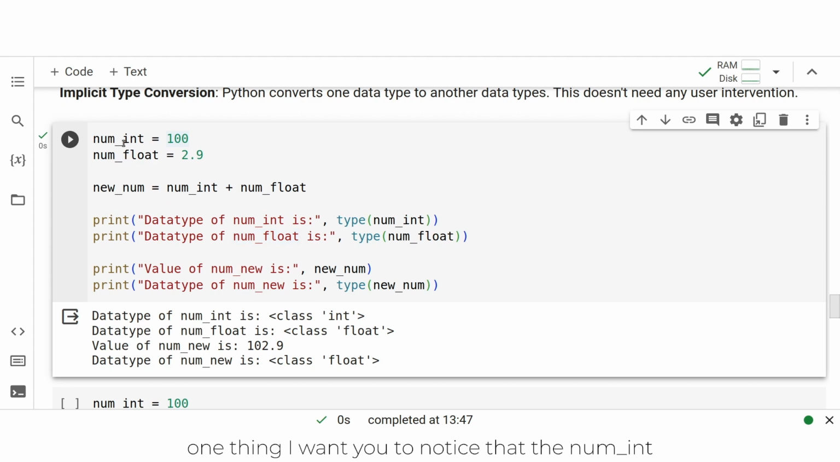One thing I want you to notice is that the type of num_int is integer, and the type of num_float is float. However, when we have added them, what is the value of new num? The value of new num is 102.9, and you can see that the data type of num_new is now float. So we added two numbers that are an integer and a float. However, Python does an implicit conversion, making this 100.0 when the addition takes place, and so by the time we get the final result, it becomes